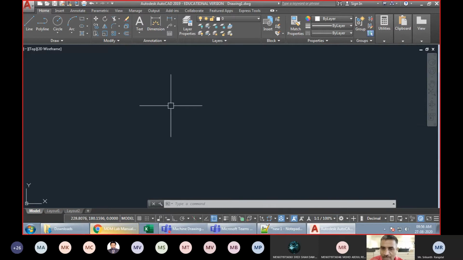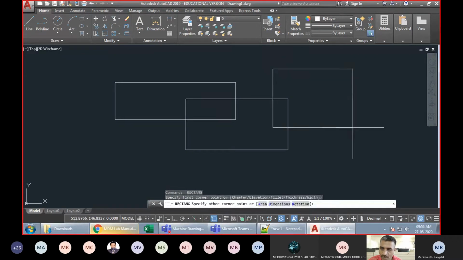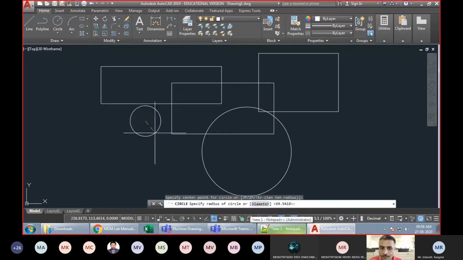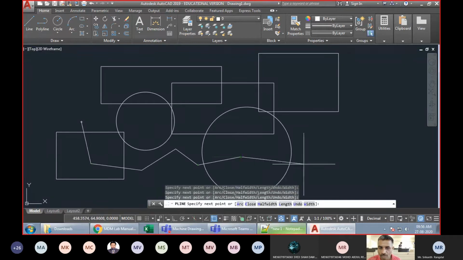And all your diagrams you need to draw here itself. Whatever diagrams you want to draw, you can draw it here. You can either take the commands from here, you can take the commands from the menu, or you can just give it from the command line.